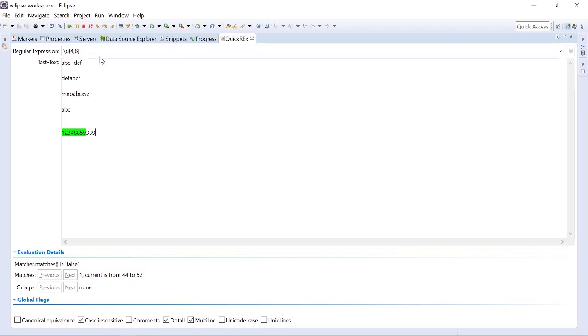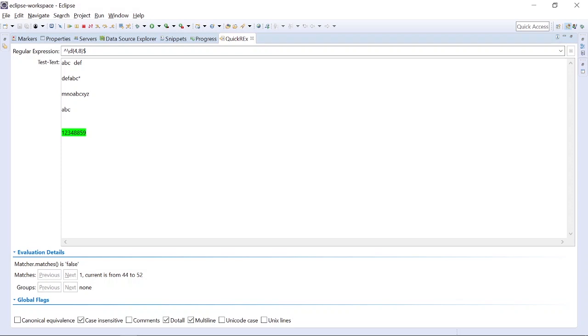Now I want to restrict this match, then I can make it a dollar and a starting symbol. Now it is matching only the 8 characters. So these were a few ways in which we can implement this.